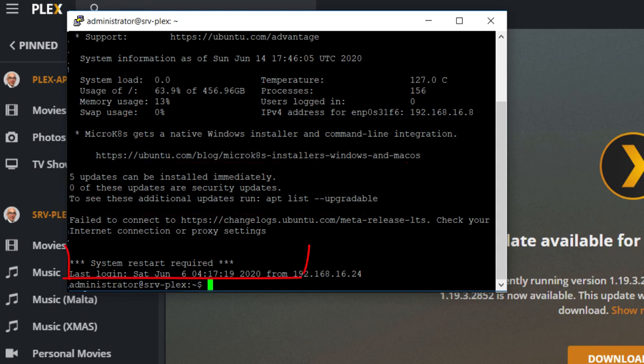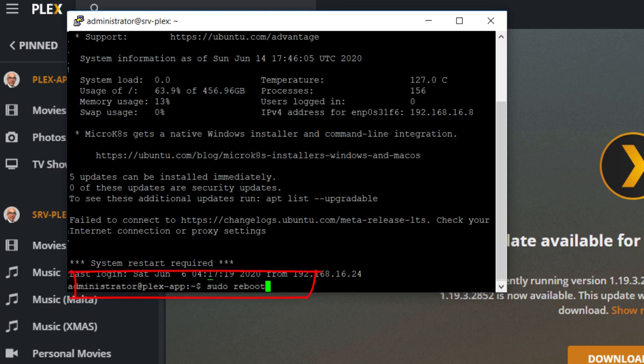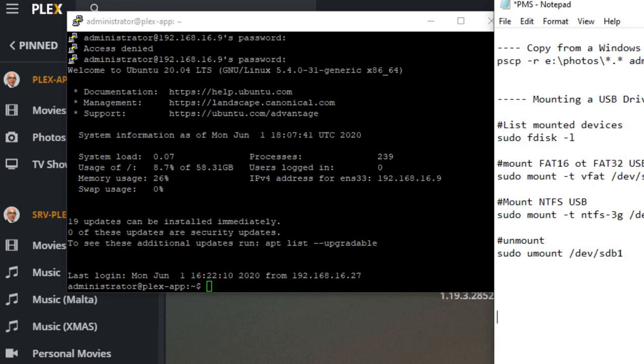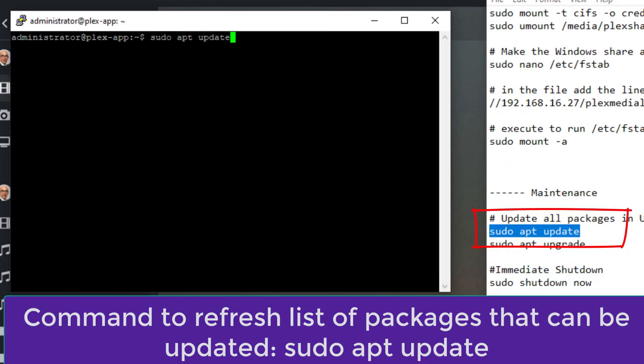Whenever there are critical updates, you may be prompted to reboot your server, in which case you would type sudo reboot, which automatically causes Plex to go into a reboot and apply any updates. Rather than update Plex on its own, what one could do is update all the packages in Ubuntu. So this will update Plex as well